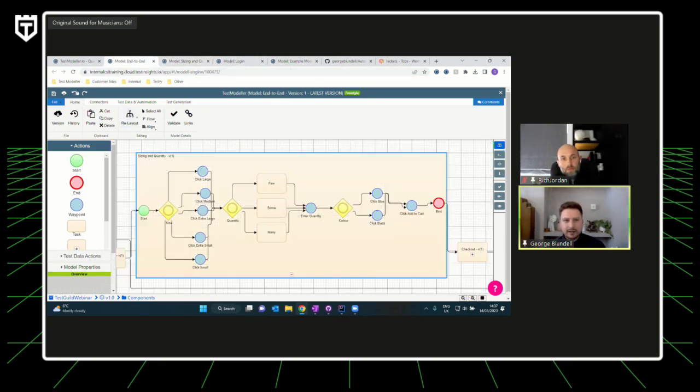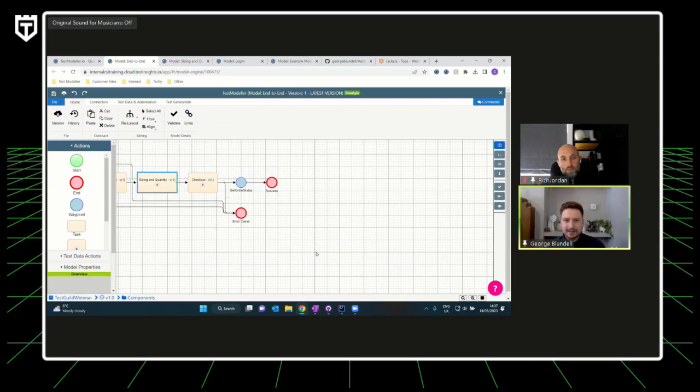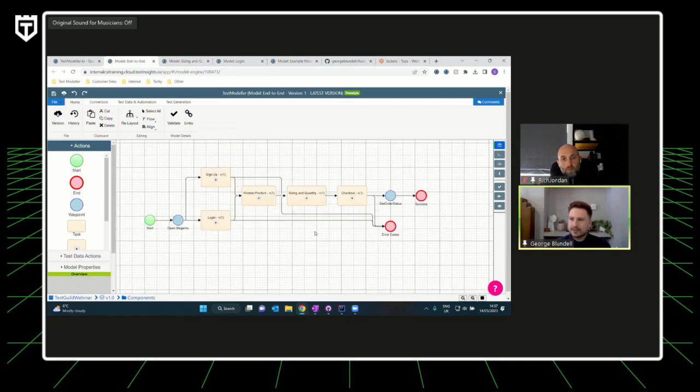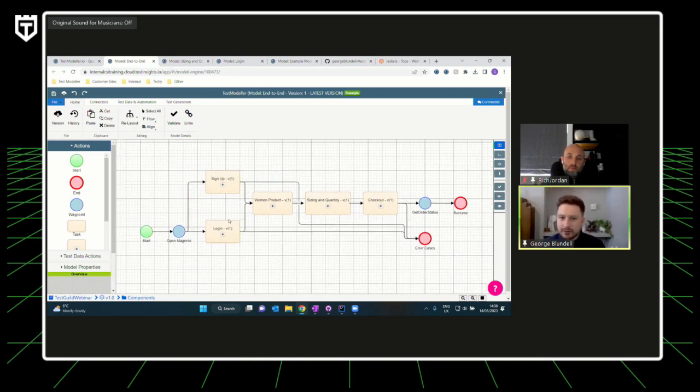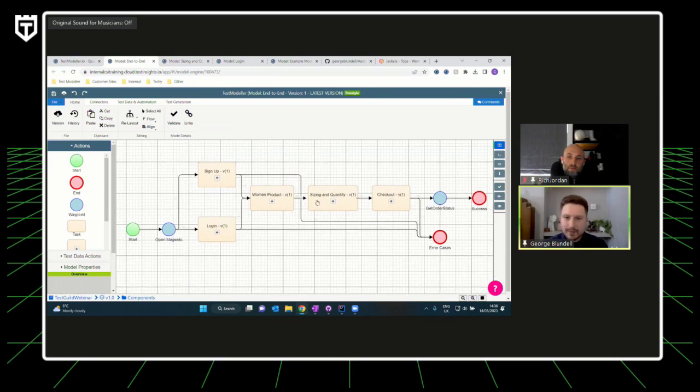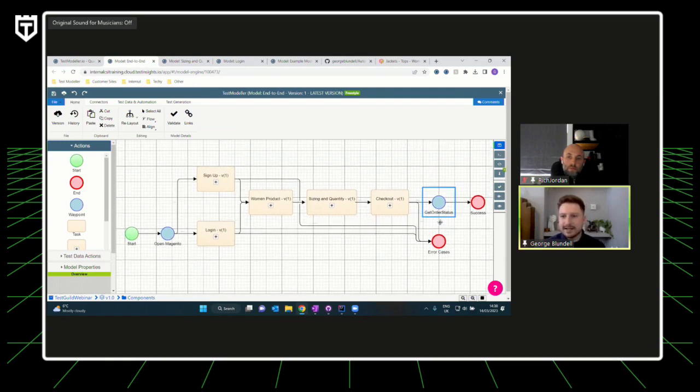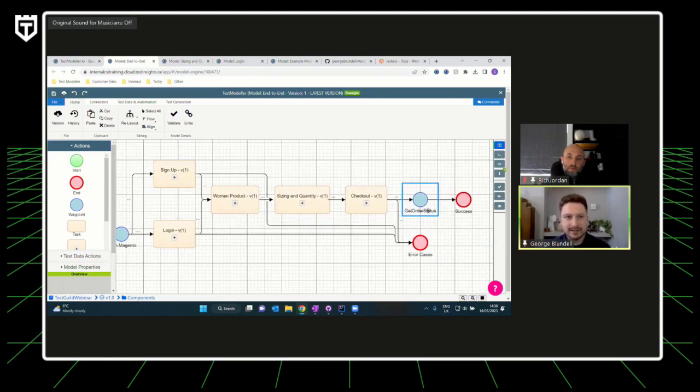So let me take another step back, and again go back to something that Rich was talking about, in that so much of testing is really focused on the UI. Whereas you can do pretty much the same or a better job by running those tests through the back end or through the API. These components at the moment are all web-based testing, but this one at the end is for our get order status.